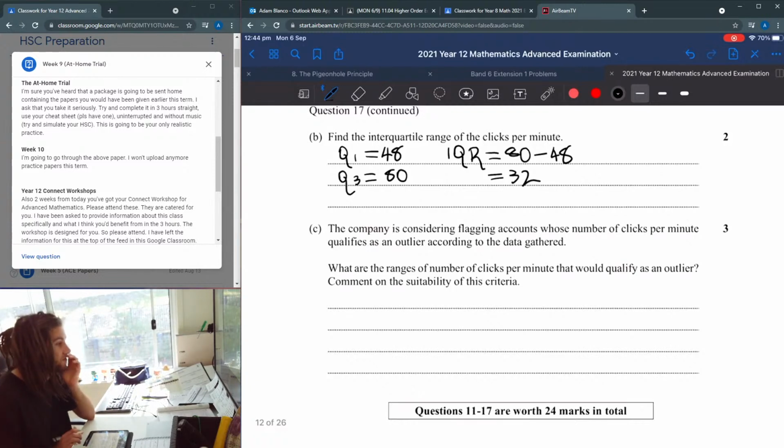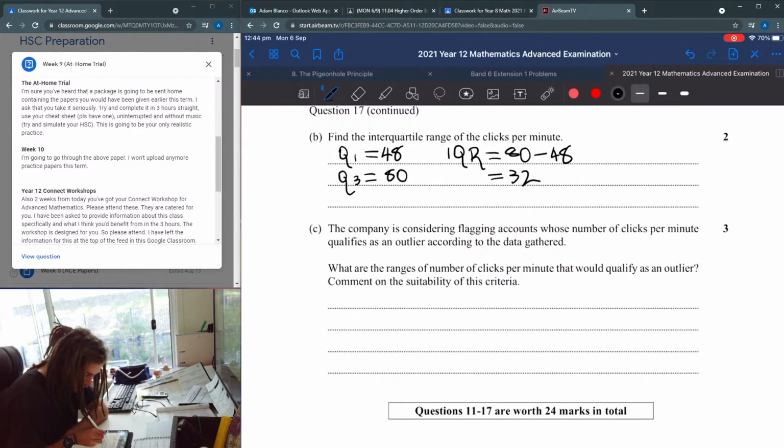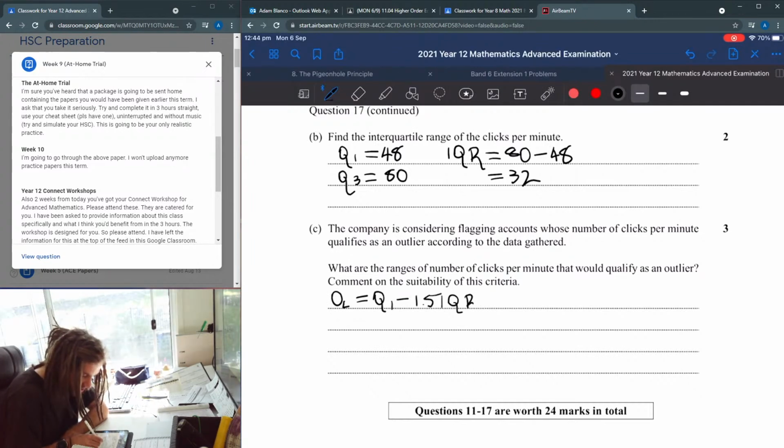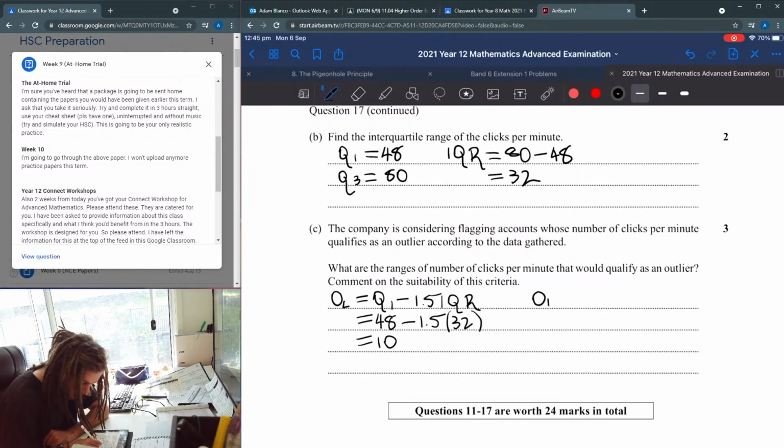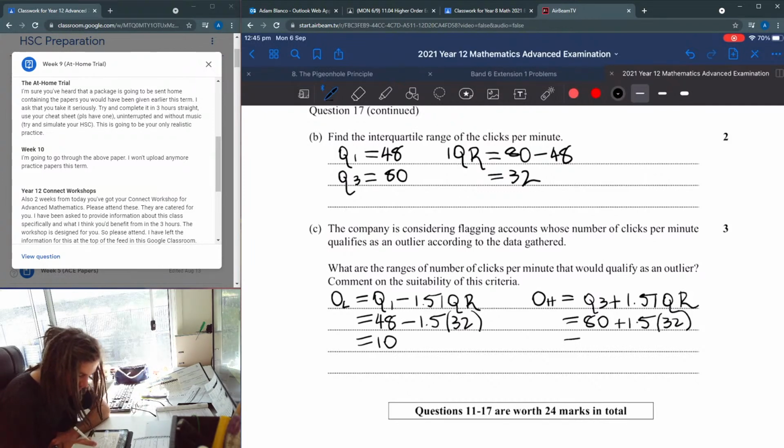So this is on your reference sheet. So the outlier lower is Q1 minus 1.5 times interquartile range. So that's 48 minus 1.5 times 32, which is, off the top of my head, 10. And the higher outlier is Q3 plus 1.5 IQR, which is 80 plus 1.5 times 32, and that's